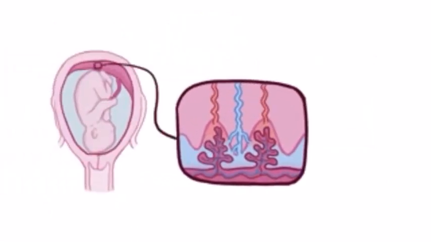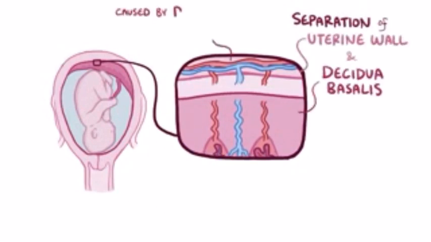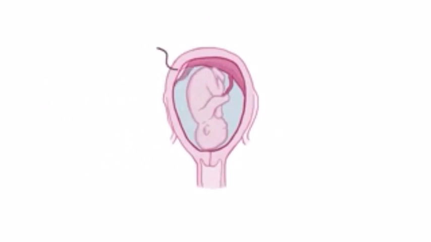Placental abruption happens when there's a separation of the uterine wall and the decidua basalis. This separation is usually caused by degeneration of the uterine arteries that supply blood to the placenta, typically from chronic problems like smoking or hypertension. Those diseased vessels rupture, causing hemorrhage and separation of the placenta. If the separation's near the margin